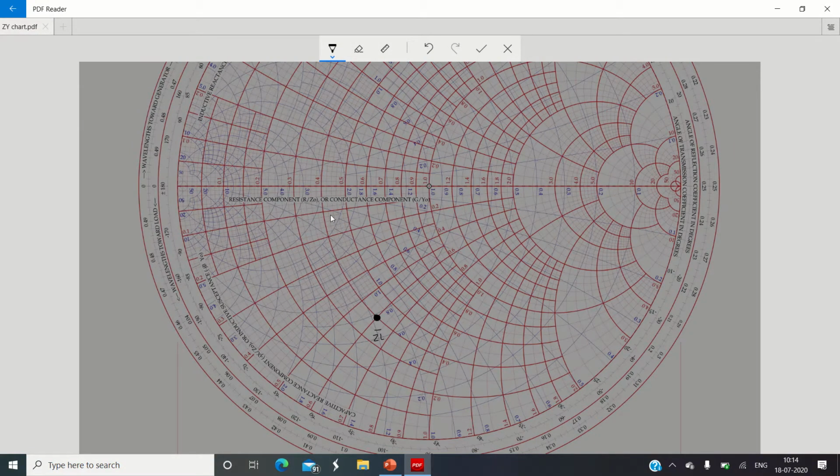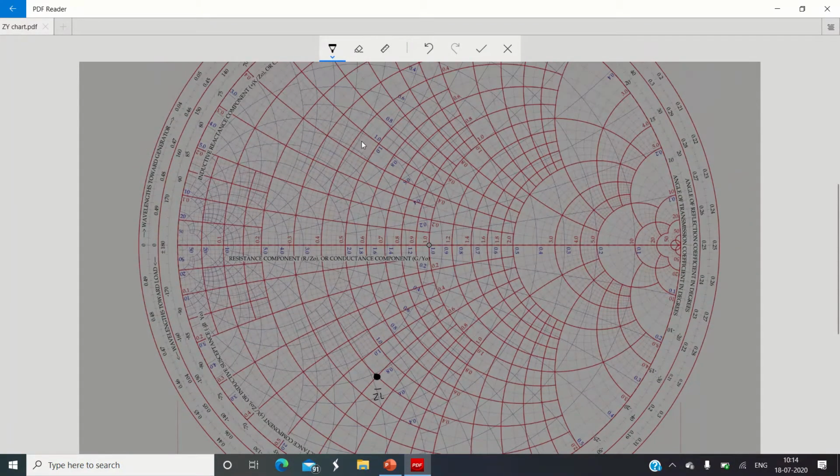So a resistance circle we will trace in this way, till we intersect the constant conductance circle, or unit conductance circle. The unit conductance circle I will highlight first over here. Please remember, we need to trace a constant resistance circle for the series element, and if the element is parallel, we need to trace a constant conductance circle. The theory says that from the given point, if the point is outside the 1 plus jx circle, the first element is series. That's why from ZL we need to trace a constant resistance circle.